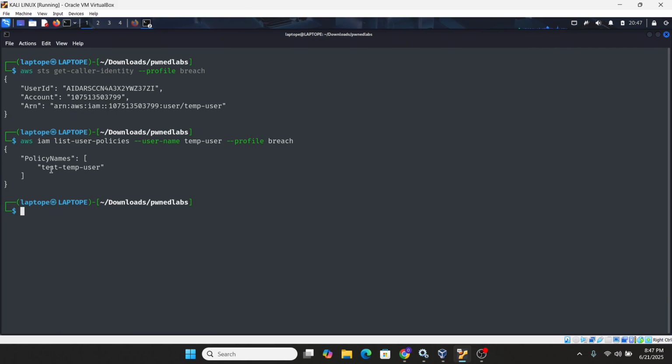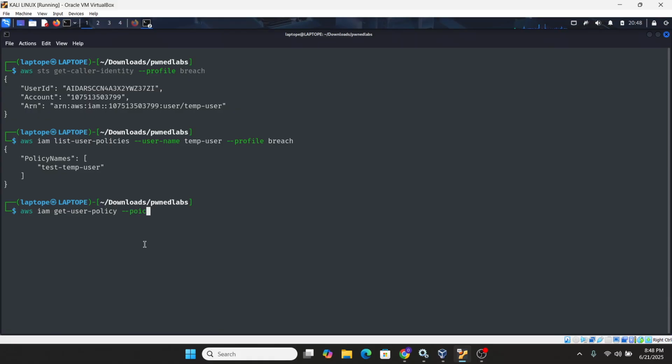Now we know that there's a policy called test temp user. Now we are going to look into what that policy is all about. What are the privileges we have? What are the actions we can perform? So we're going to do aws iam get-user-policy.